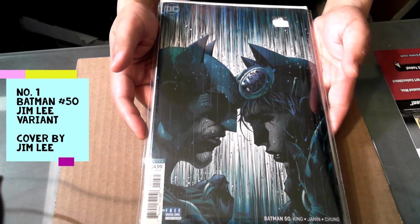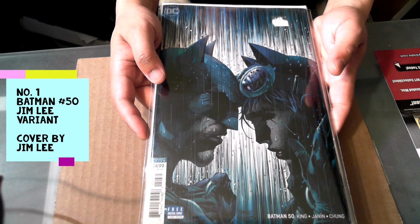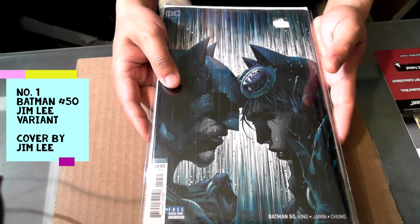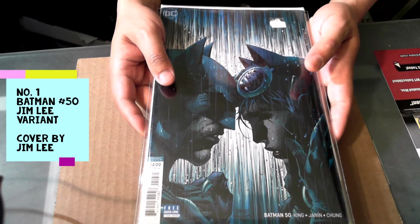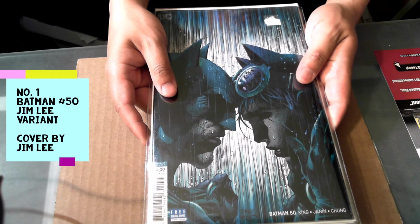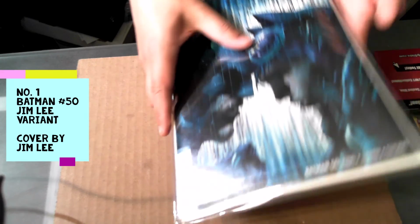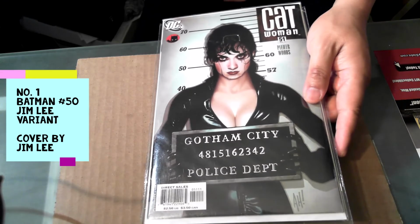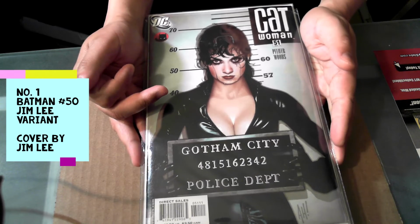And I can see why people just go crazy over variant covers. For me, I've been resistant to picking up modern books because I saw the variant covers as a gimmick, and I still think for the large part they are gimmicks. But in terms of images, a lot of these modern images are just as compelling as classic images from the past. Excuse me, still not feeling good. But anyway,